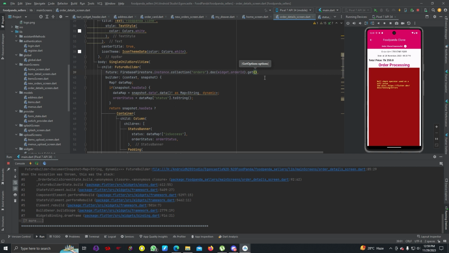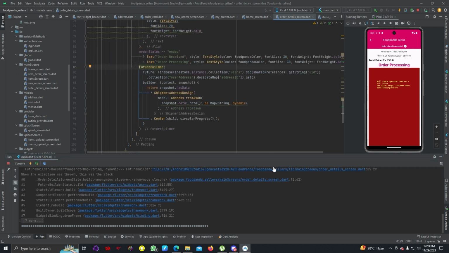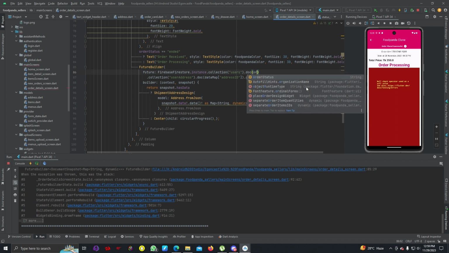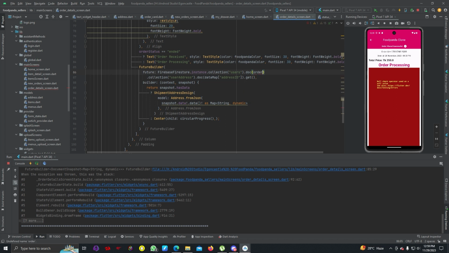Now we are getting an error again in this future builder for shipping address. So let's change this. Here, instead of shared preferences dot get string, we can write order. So let's see,